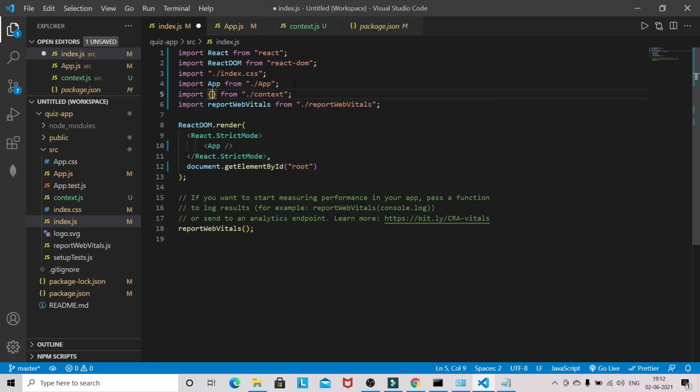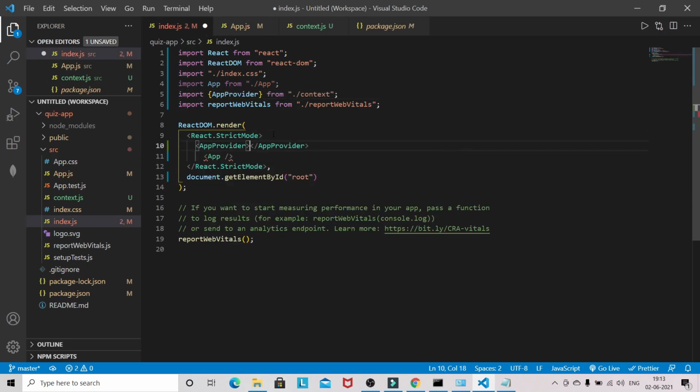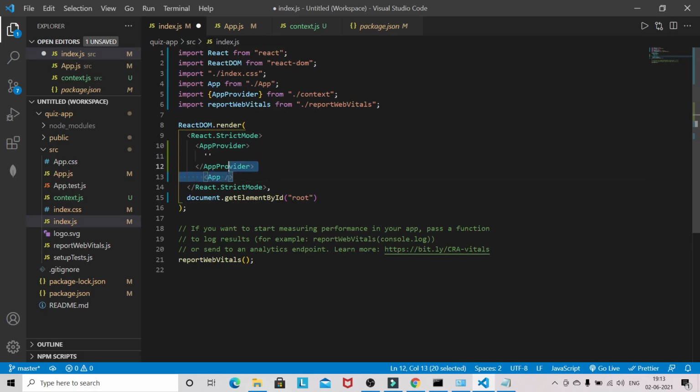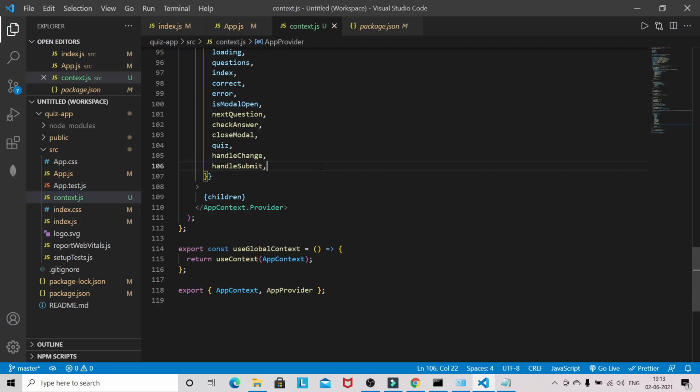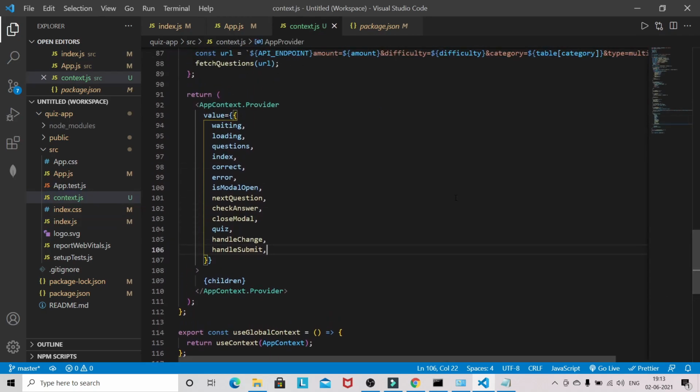So I will import AppProvider and wrap it around App. So that's it. We have done the context setup, and now we can use all these methods, values and handlers anywhere in our React application.